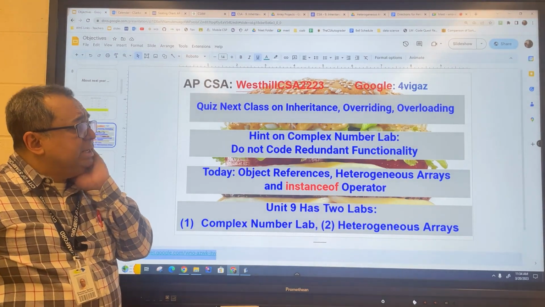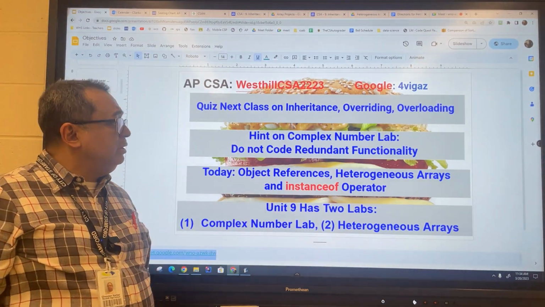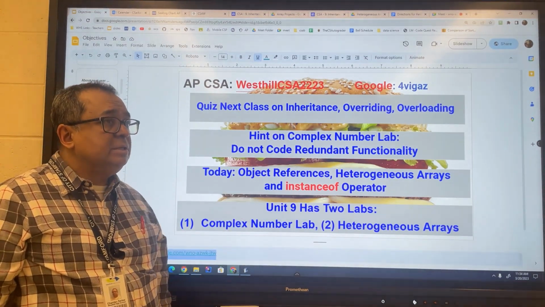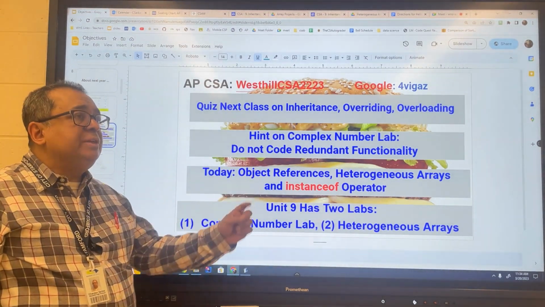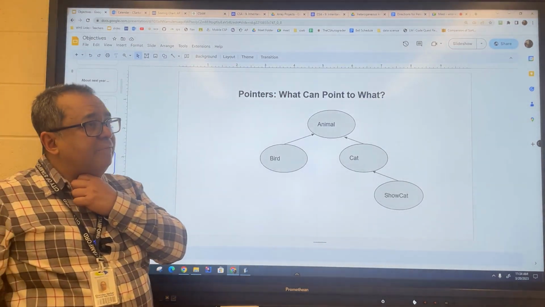Right now, we're going to get started, and we're going to talk about the first of three topics that we need to discuss after lunch today, and that is object references. To give you an idea of what this means, let's look at this inheritance hierarchy, where we have this animal